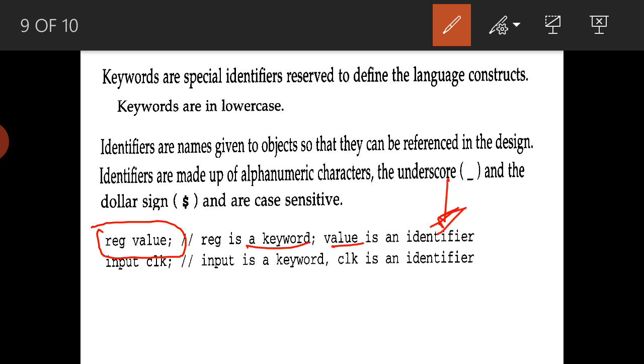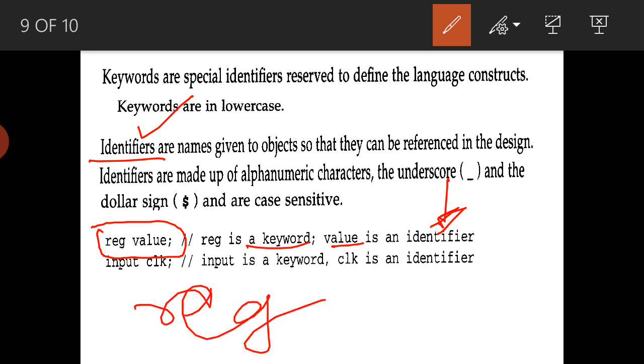Value is nothing but a name here, the variable name. Whatever variable names I use, like abc or value, we call identifiers, and keywords are the library functions.